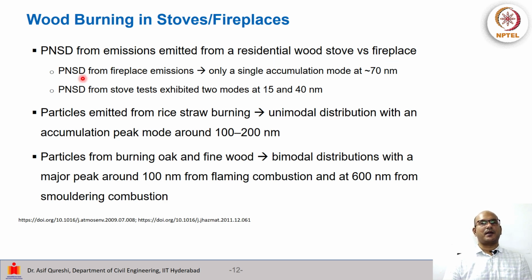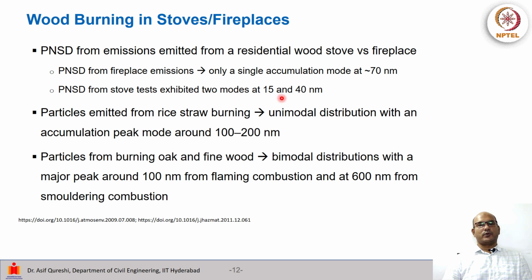So from the PNSD obtained from the fireplace emissions, there was a single accumulation mode around 70 nanometer or 0.07 micrometer. The PNSD, particle number size distribution from the stove test, exhibited two modes, one at 15 nanometer, that is 0.015 micrometer, and the other mode at 40 nanometer, which was 0.04 micrometers. So fireplace single mode,